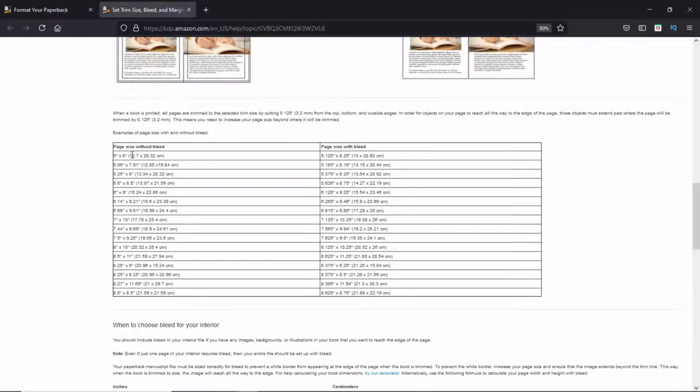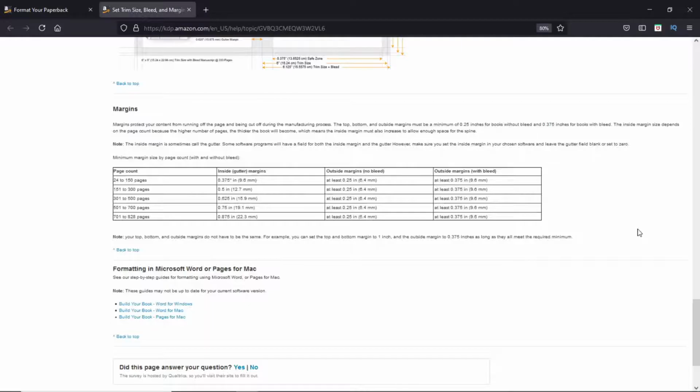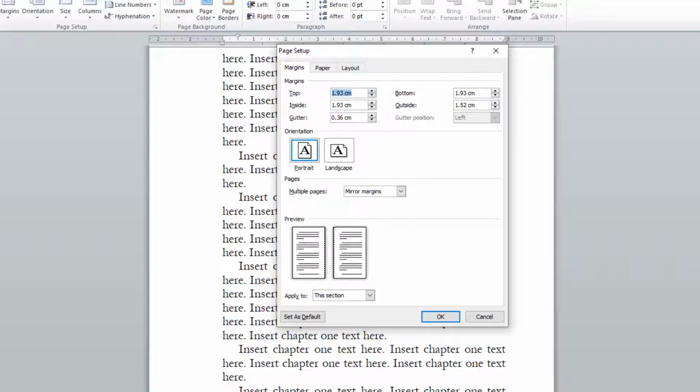This is surprisingly easy. First, to find out what all the paperback defaults are, you can visit this page on the Amazon website. You'll see there's one table with the book dimensions and another with the required minimum margins. Link in the description. Alternatively, you can download the KDP template you want to emulate and look at the margin settings and copy those. Link for that also in the description.